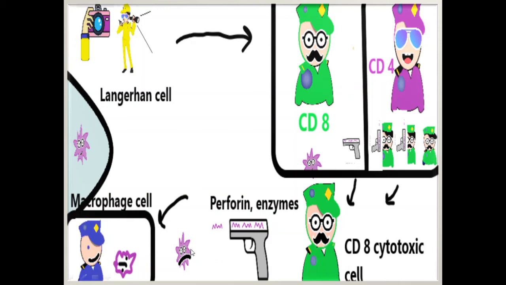And so at the last, this suspicious criminal is getting killed, and the macrophage cell at the end will take care of the dead body of the suspicious criminal. So this process is going on in the body in order to control the infection that is caused by viruses and bacteria.